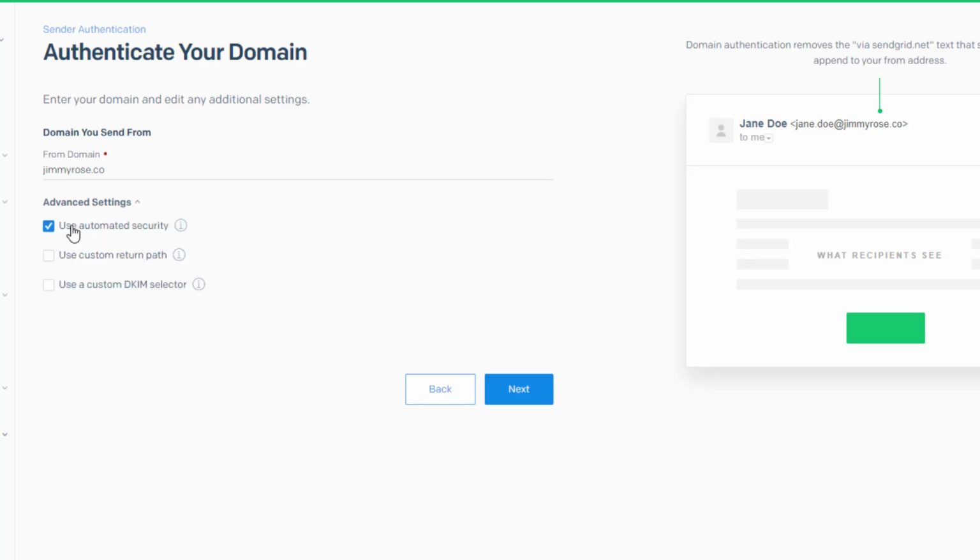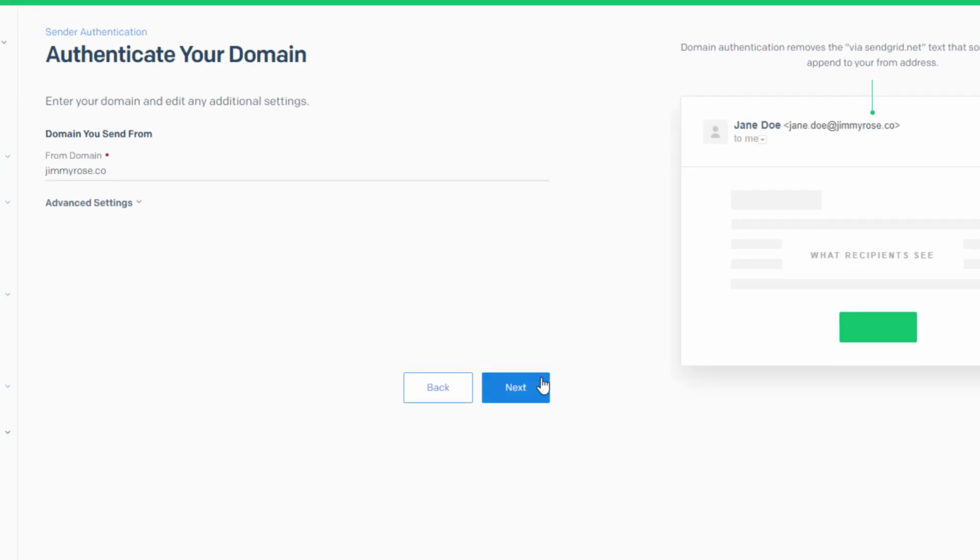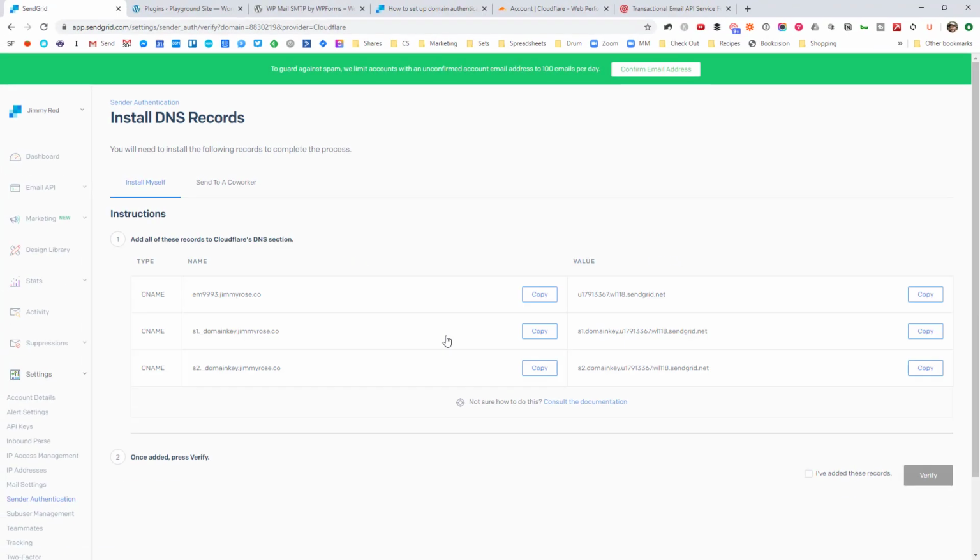In the advanced settings, the automated security is actually really good. It's going to make the setup a lot easier. So we're just going to leave that as it is and go to next. And then it gives us 3 different DNS records to add. So if you have some support for your web hosting, you could basically send this to them and they'll do it for you. But I'm going to step you through it anyway, because it's pretty easy once you're in the